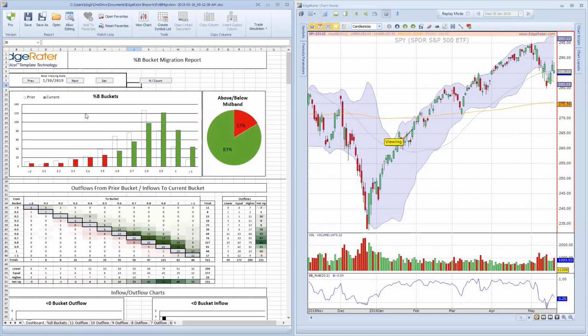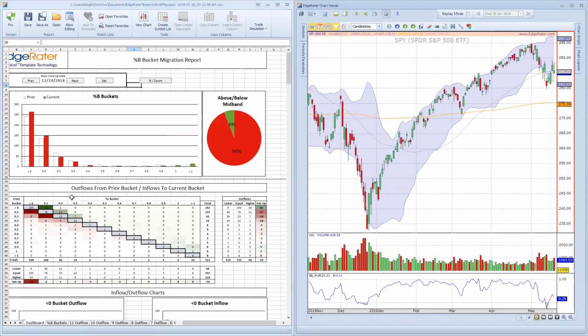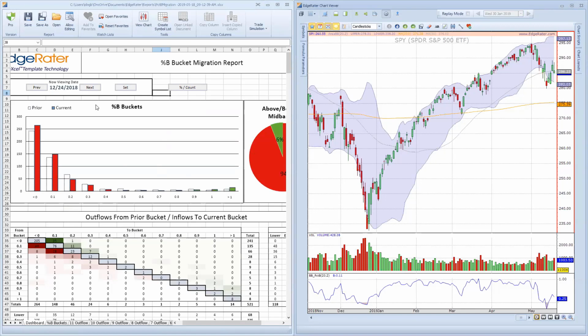Okay, now let's talk about the area below. The original report for percent B buckets was really just this top area, where the stocks are within their Bollinger Bands, all grouped together and calculated as the number of stocks that are in certain buckets, and then this pie chart, which is interesting to look at, but it also left you